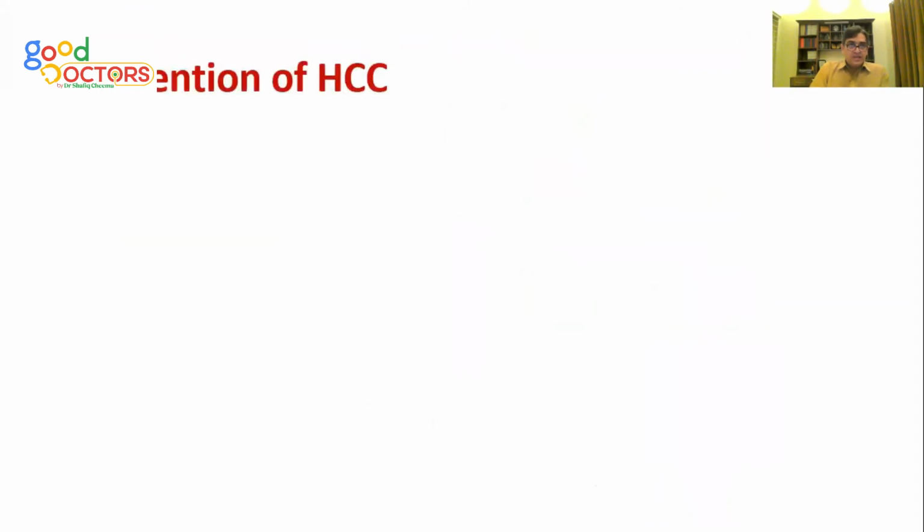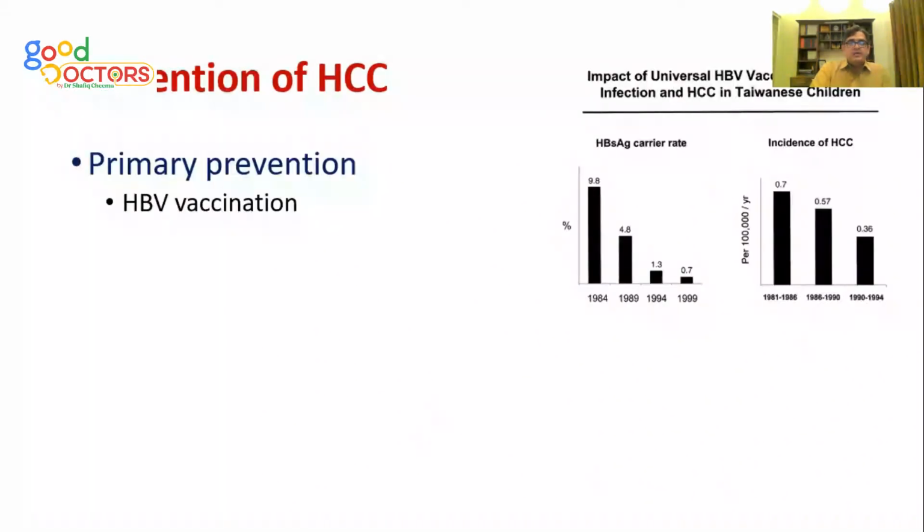Can we prevent this cancer? Because we know the causes which can lead to hepatocellular carcinoma. And one of the causes is hepatitis B, and hepatitis B is a preventable disease. In a very good and very large study in Taiwan, it was shown that after the mass vaccination program was launched there, over the years, there was lesser incidence of hepatitis B, and that also translated into lesser incidence of hepatocellular carcinoma as well.